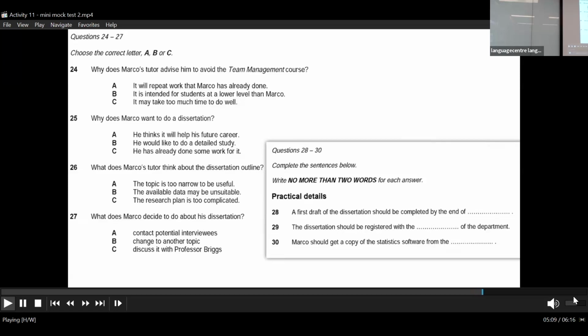Yes, it shouldn't be a problem. I'll need to register for the dissertation, won't I? Is that with the registrar's department? No, it's internal to this department, so you just need to let the secretary know. Do that as soon as you're sure you're going to write the dissertation. Okay. Then, to analyse your statistics, you're going to need some suitable software. If I were you, I'd drop into the computer office and ask them for a copy. Right. So if I revise my